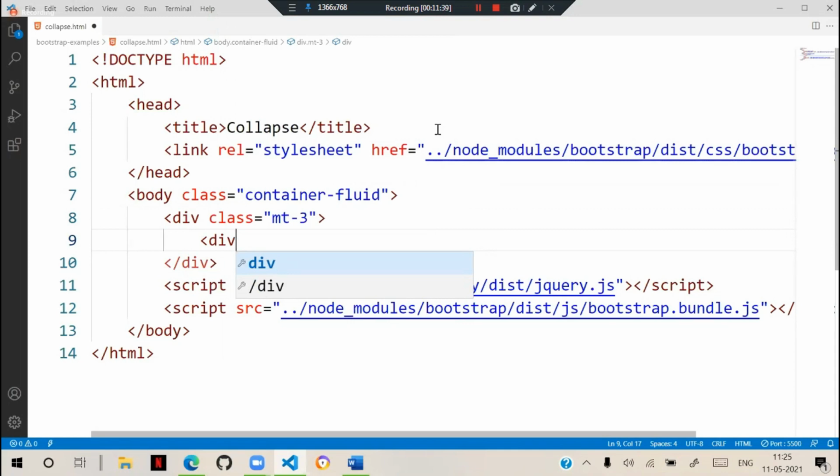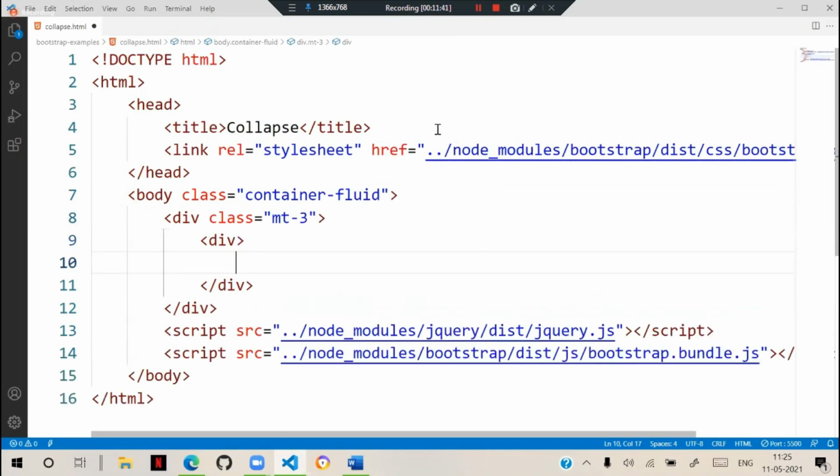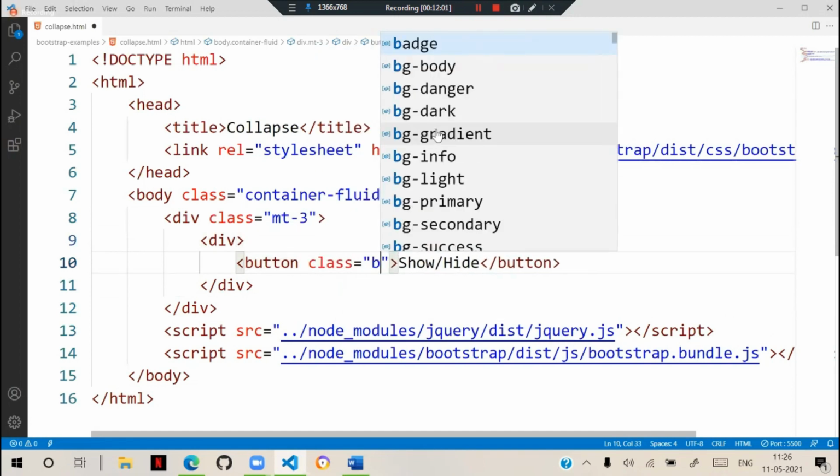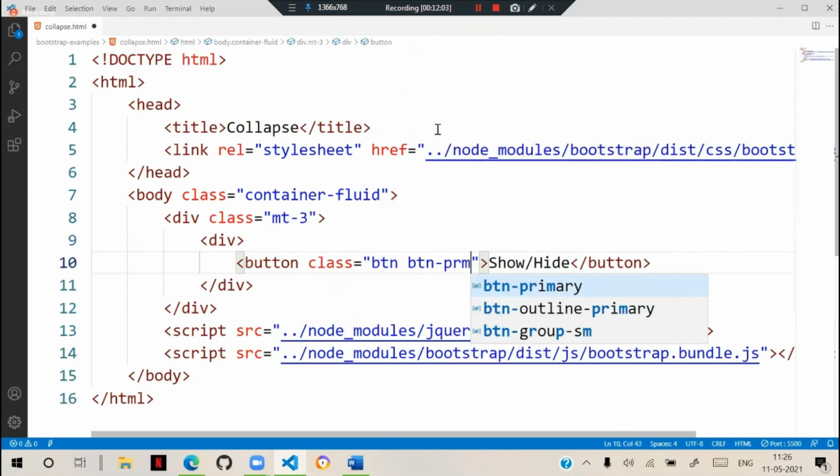In that div, we will keep a simple button, as show hide some content. The class for the button is btn and btn-primary.